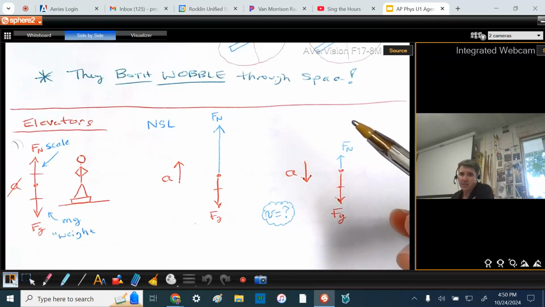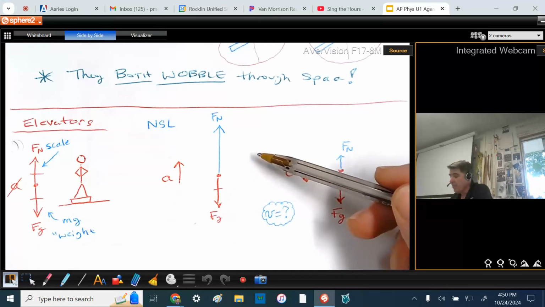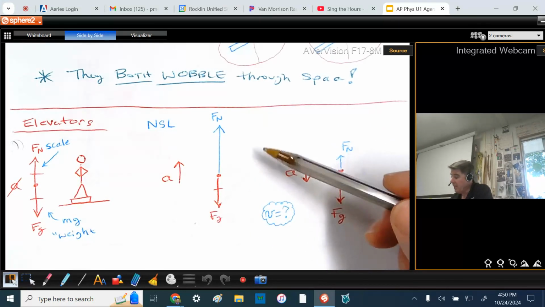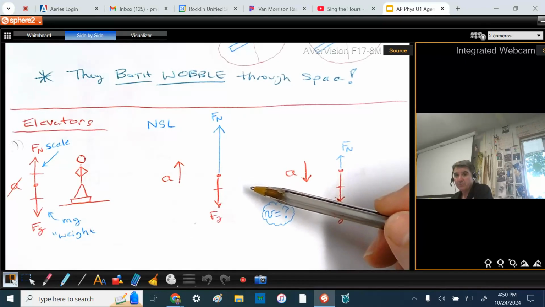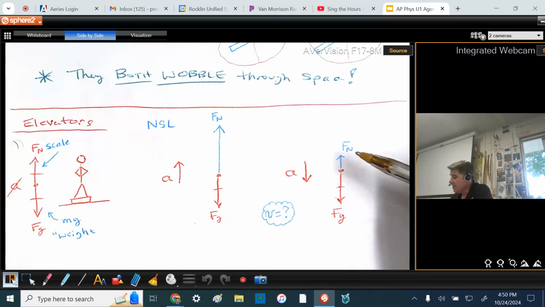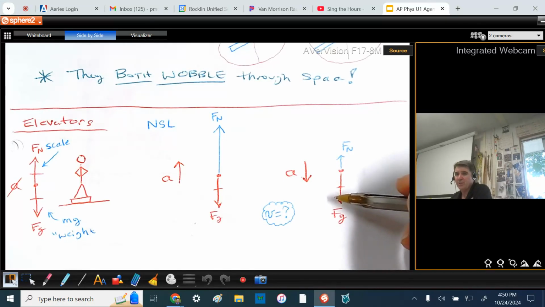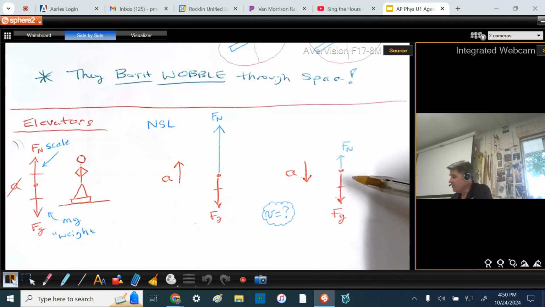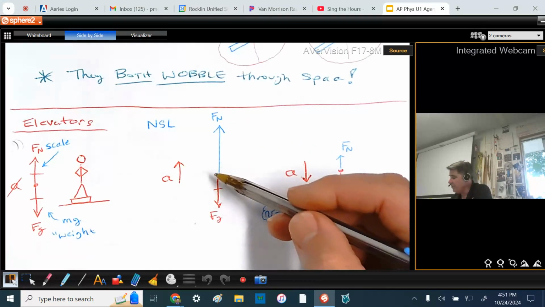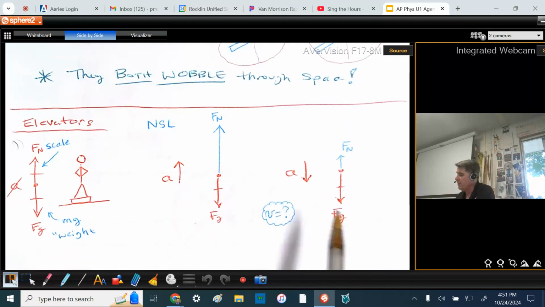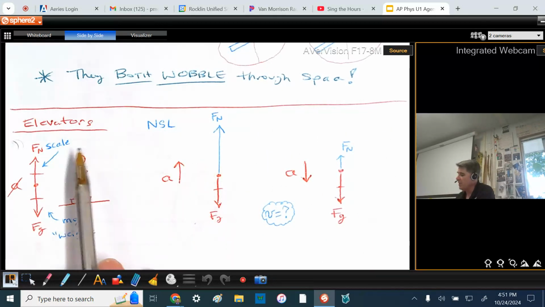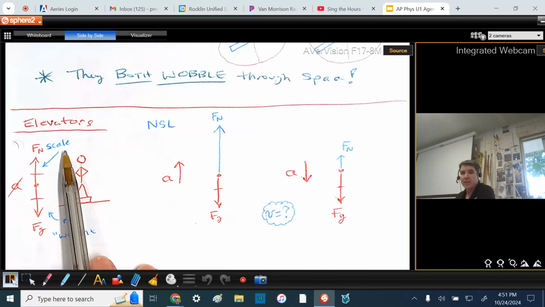I could change the velocity. The velocity could be up, and you'd be going faster. But if the velocity was down, you'd be slowing down. In the other case, if the velocity was up, you'd be slowing down, but if the velocity was down, you'd be speeding up. So that's inconsequential, really. What's consequential is Newton's second law, which is saying that the forces are unbalanced in the downward direction, so your acceleration is down, and the forces are unbalanced in the upward direction, so your acceleration is up. In this one, the scale would read heavier because, once again, the scale is read by the normal force.